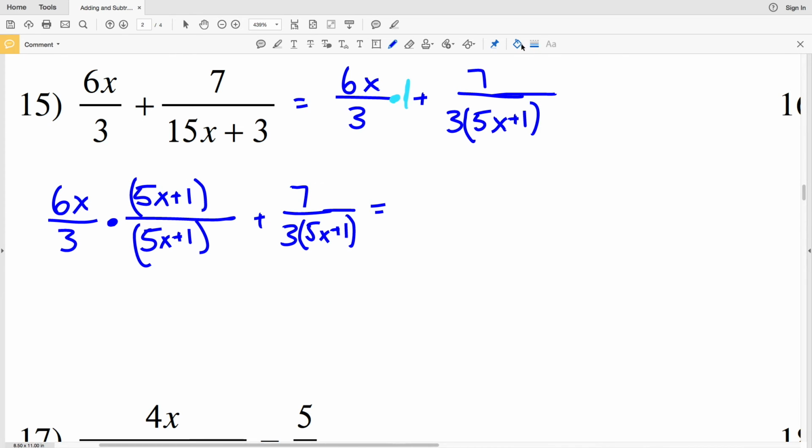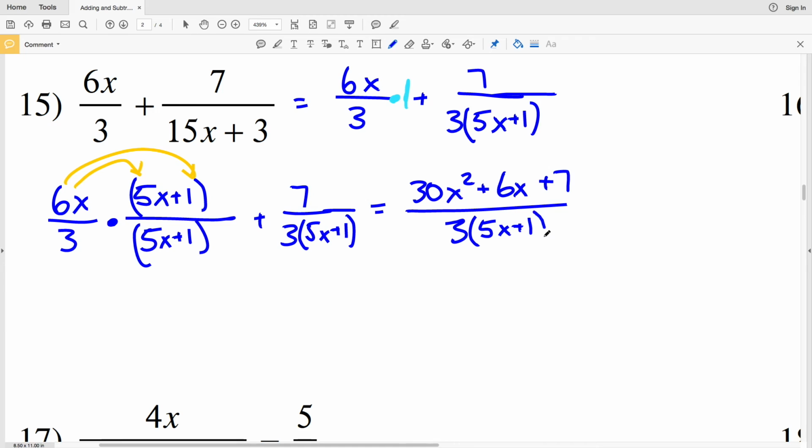Now simplifying, I'll distribute the 6x to get 6x times 5x is 30x squared. 6x times 1 will be plus 6x. And then we'll be adding 7 to that, and it's all over that same denominator, 3 times 5x plus 1. So that is my solution in number 15. 30x squared plus 6x plus 7 over 3 times